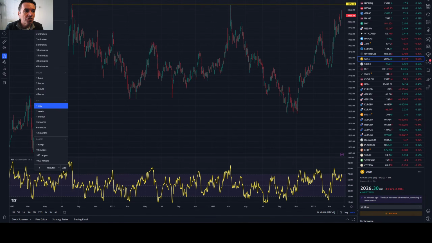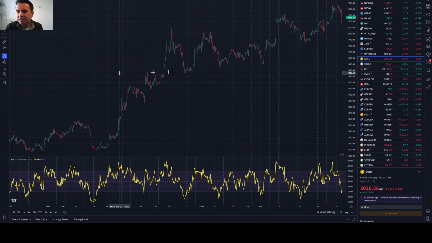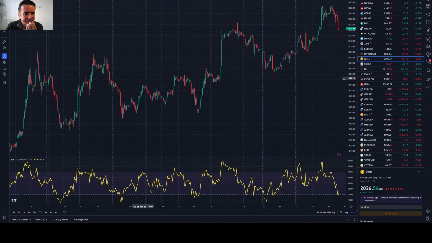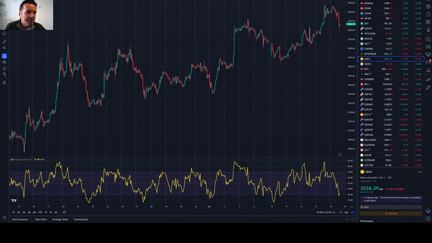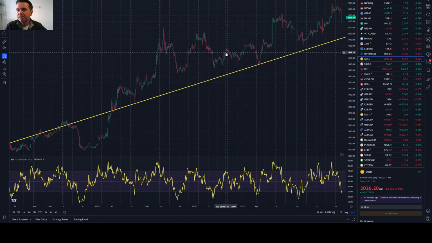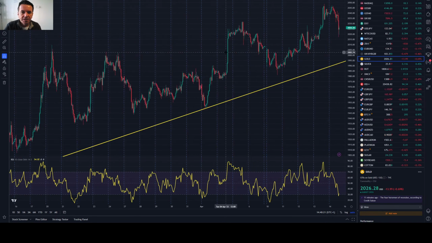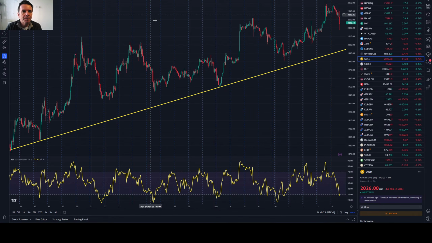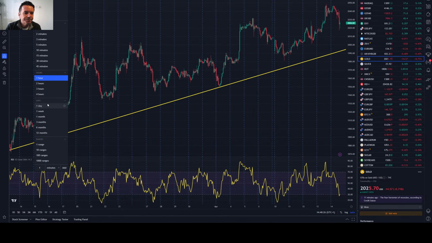From a short-term point of view, I'd still be a buyer of the dip, because, a bit like the FTSE, with gold we've got a lovely trend going on. Let's do that. So there we go. So I'd still be buying the dip in gold, but from a more medium-term point of view, I just wonder